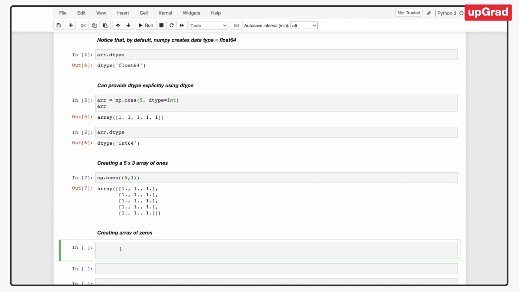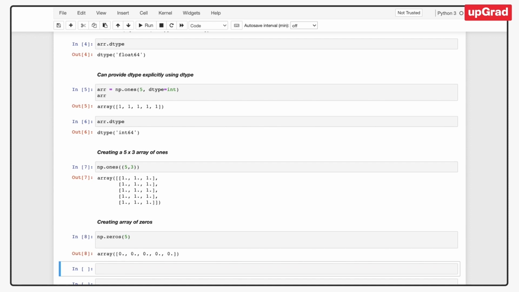So with the same approach, you can do numpy.zeros, and inside the parentheses, either refer to one number if you want a 1D array, or point to 2 numbers with the number of columns and rows. You can go to 3-dimensional and more than that, depending on the use case. But let's do just 1D of 5. So it's going to give you an array of floating point again, because that's the default, of size 5 and all